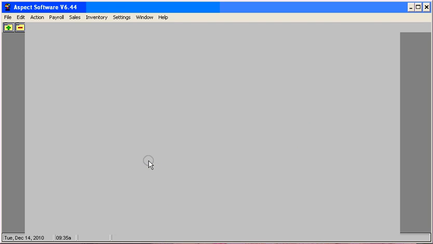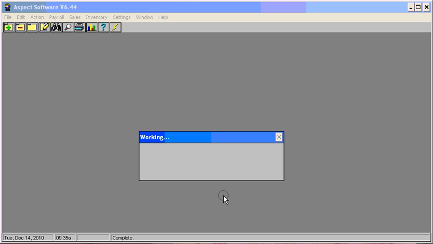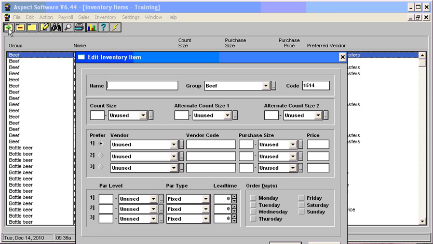To get started, you choose Inventory Items under Inventory Setup and select your store. This particular store already has inventory items in it, but we're going to go ahead and add a few more. Our first example is going to be an item that you inventory by one measurement and you buy it by the same measurement. So to get started, to add an item, you hit the green plus, you enter the name of your item,